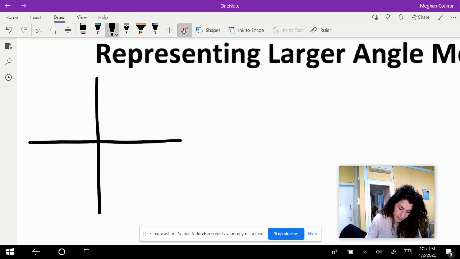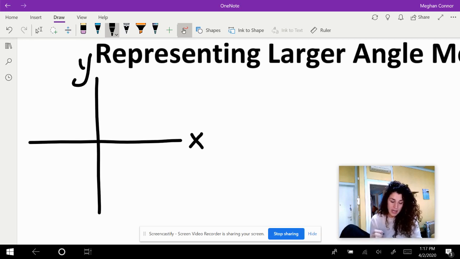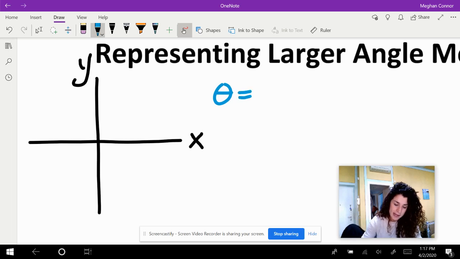a coordinate plane. This guy is X and this guy is Y. I want to talk about the theta angle, theta, which let's have it be 135 degrees. So if I were to peel off to make that 135-degree angle, I start right here on my x-axis and I move my way up